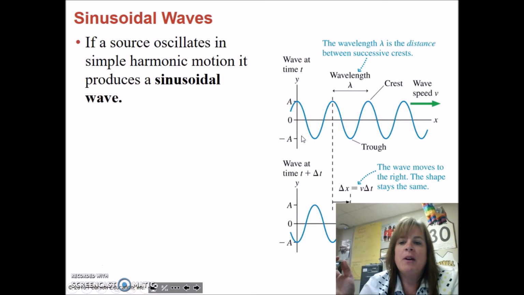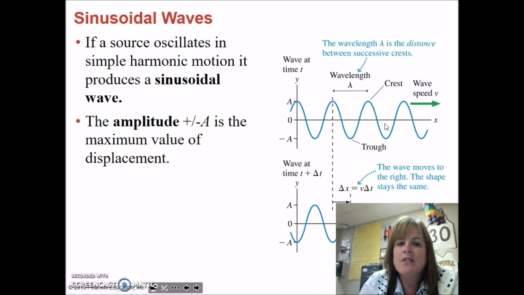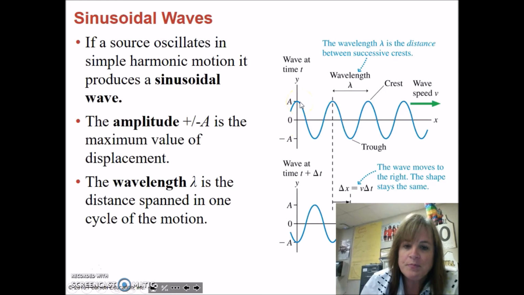Let's talk a little bit about sinusoidal waves. So if a source oscillates in simple harmonic motion, which was the last unit we talked about, we get this nice, well, in this case, it's a cosine wave. Now, a couple definition things, right? The amplitude, just like it was with springs, is the distance from this x-axis to either here or here, but not this whole length. This is not the amplitude. The amplitude is only that from zero, measured from zero.